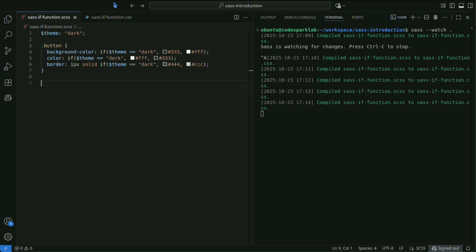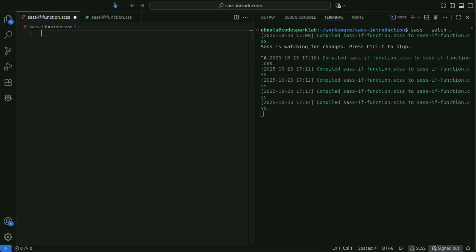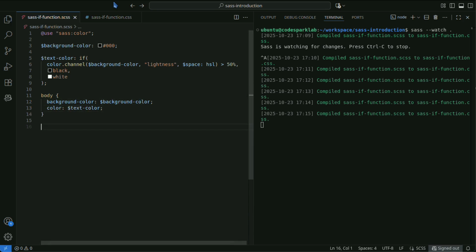Let's look at an example that automatically sets the text color based on the background color. The color.channel function is used to obtain the background color's lightness. If that value is greater than 50%, black is chosen.